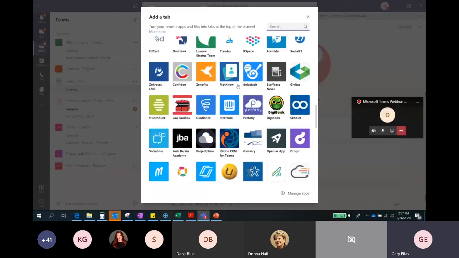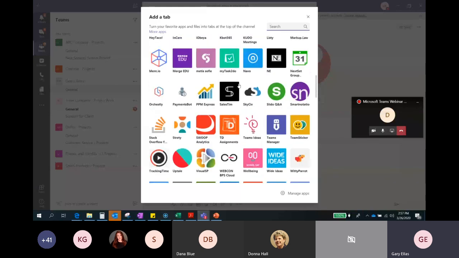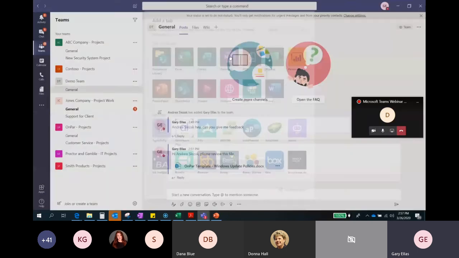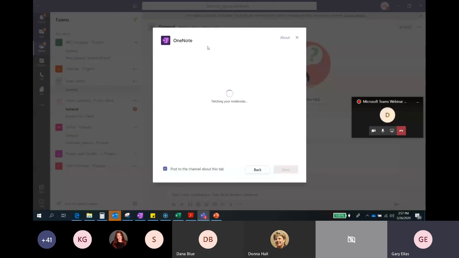There are some fun things you can do with that, and some real useful things. I'll try to hit two of the more useful things since we just have a couple minutes. OneNote is a really useful tool because a lot of people like to use OneNote already. So if I click OneNote, it will